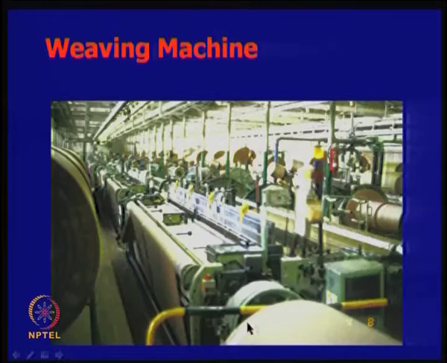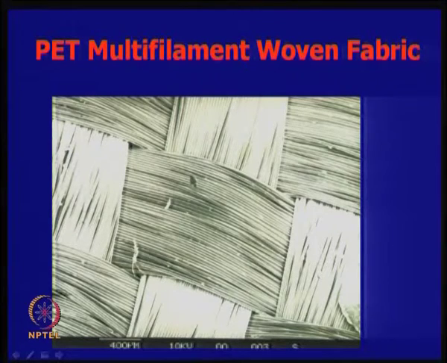As I just mentioned, you have different types of weaving. We are used to the weaving industry in India, where they do weaving of sarees and other things. Here, the same thing, weaving is done using machines, where you have all the fibers stitched in a woven form. And it is not only single filament; there could be a single filament one and then it could be multi filament weaving. You can see that it is a big one.